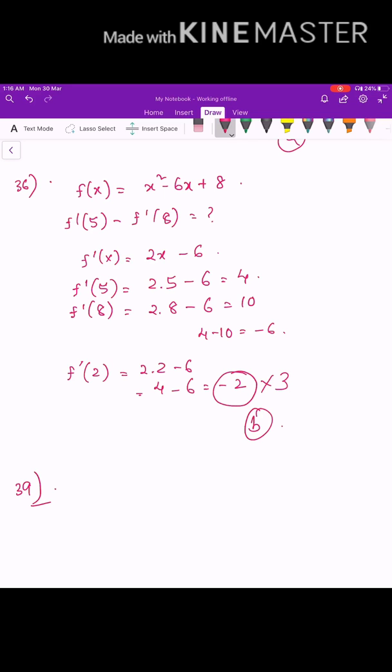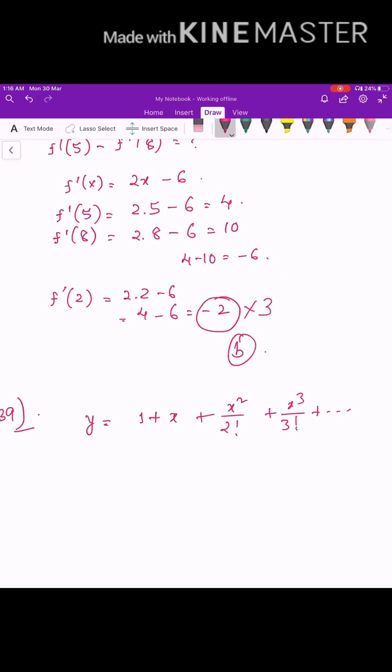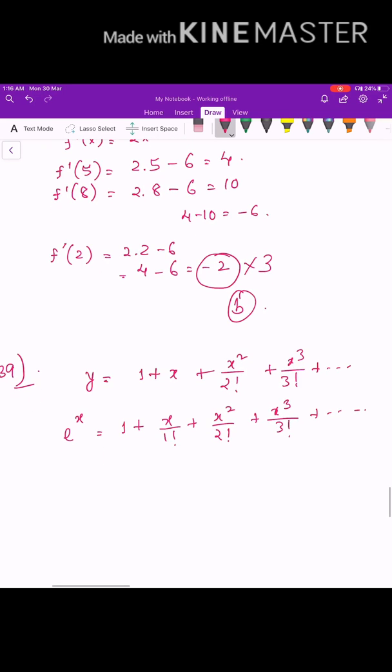Next, let us try question number 5. Okay, now 5 may look a bit, not a bit, but quite tough. But please note that the value of e to the power x is 1 plus x by 1 factorial plus x square by 2 factorial plus x cube by 3 factorial and so on. So this expression on the right hand side is nothing but e to the power x,